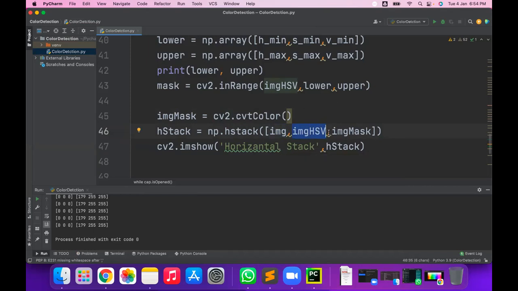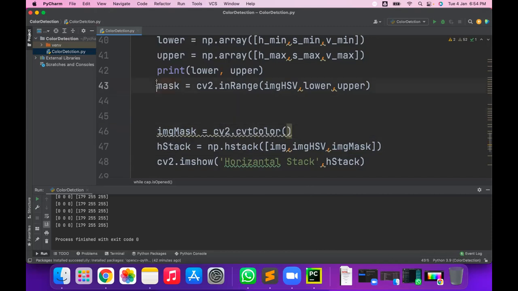Three channels are there because of HSV, but img mask has only a single channel, 640 by 480, and the three channels are not there. So we have to convert this img mask only for showing purposes. Our actual mask is different; we apply that mask afterwards, but here we just show how the mask looks. I am adding two more channels here.